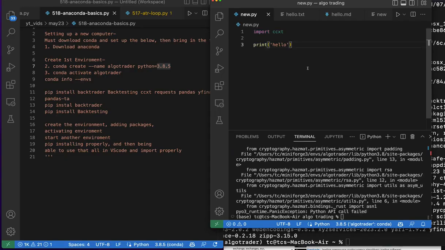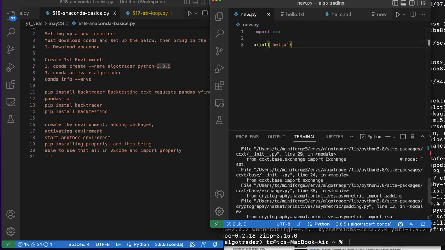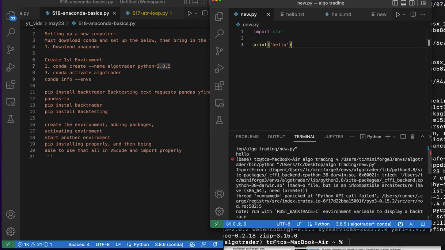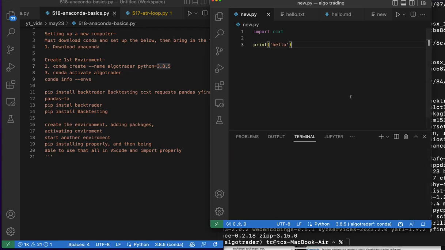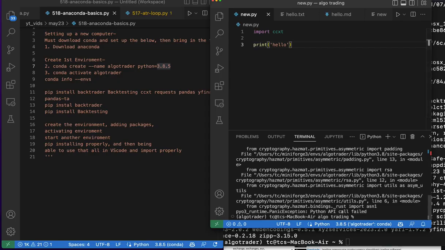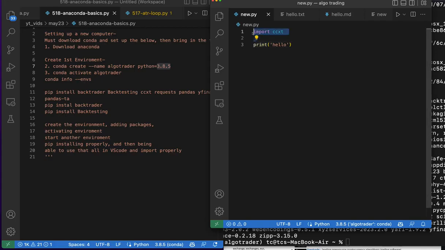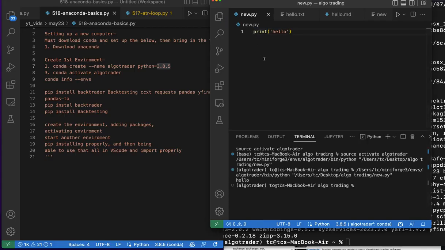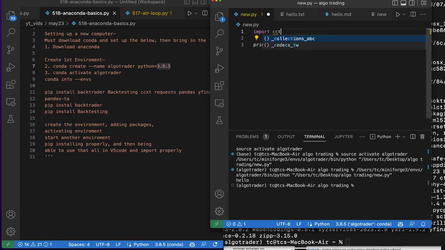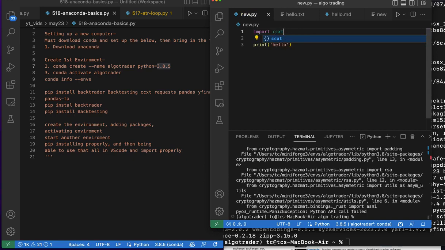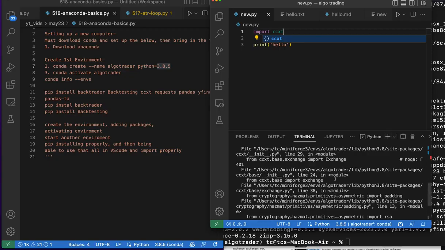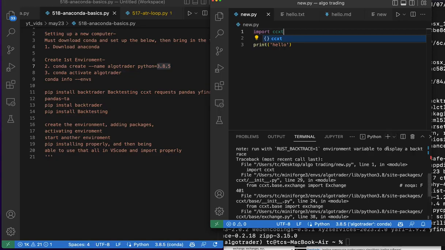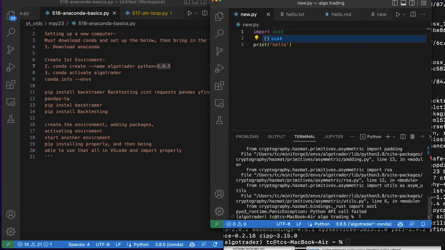And if I run this now, I don't know what just happened. Python API failed. Go ahead. Print hello. Okay, that works. And then let's import CCXT. Python API failed. Okay, something weird is there, but if you ever get a weird thing like that, sometimes what I'll do is